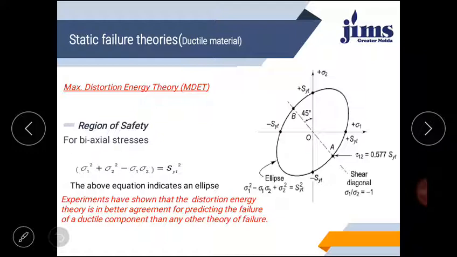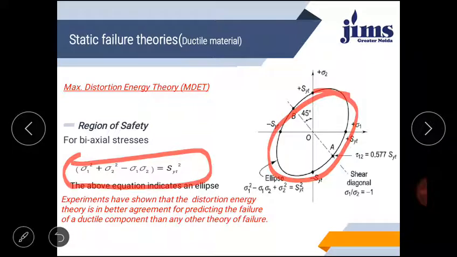Region of safety. If we draw the region of safety for the biaxial stresses, then we can see, as in the earlier case, the equation of von Mises stress with SYT is the equation of an ellipse. So by using the ellipse equation, we can draw an ellipse on the two-dimensional stress system, and from this you can understand that at any point within this region of safety the combination